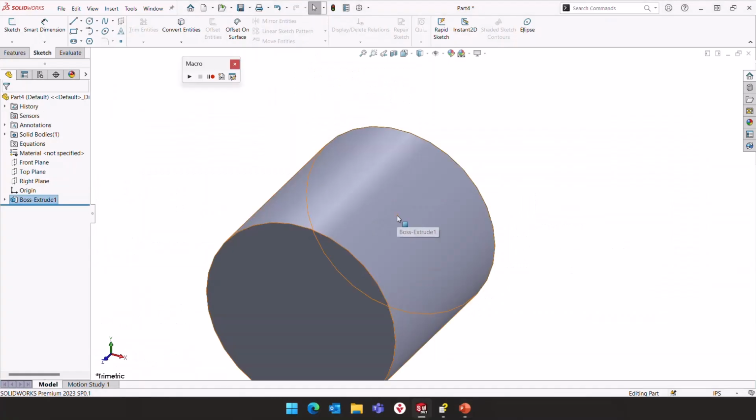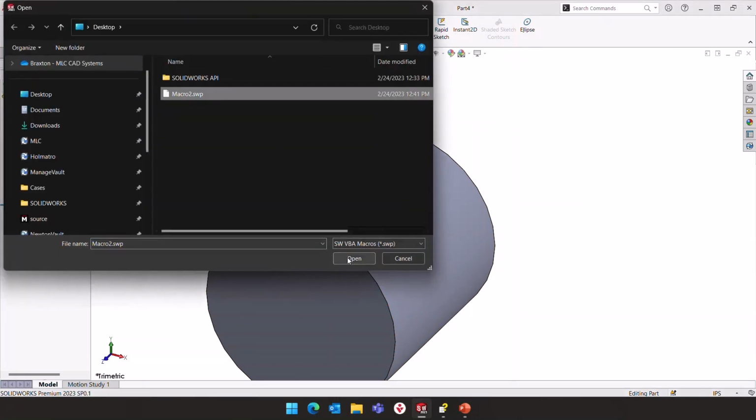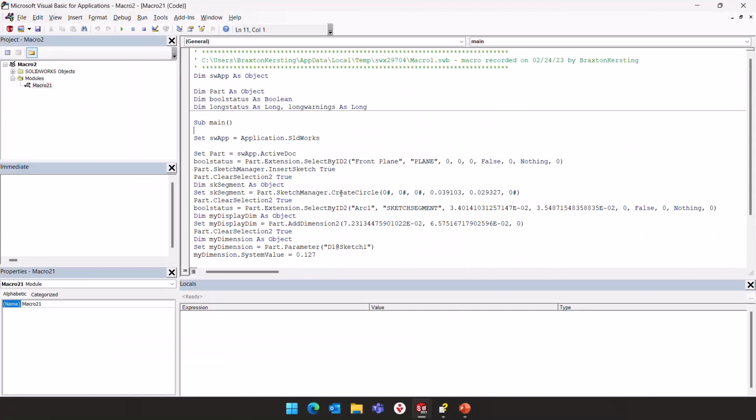Okay, so return to SOLIDWORKS. We use the edit macro option here, and let's edit our macro we just recorded. So the first thing I would do if I just wanted to step through the code, get familiar with what the macro recorder output is, I'll go and set a breakpoint on one of the first methods here. So we have a select by ID 2. Click in this left column to set that breakpoint, and then I'll use the run or F5 button to begin